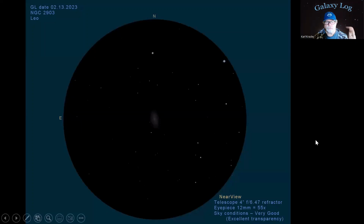So the first eye candy I went to is definitely a favorite galaxy of mine. It's NGC 2903 in Leo. And for the near view image, I used a 12mm eyepiece, which gave me 55 magnification. The galaxy stood out really well. This was a really good view. I thought that the 12mm with the 4-inch refractor really captured it as